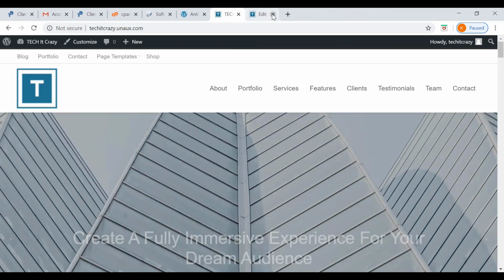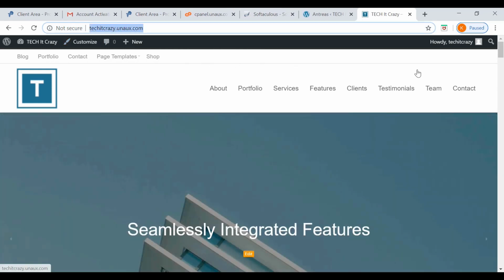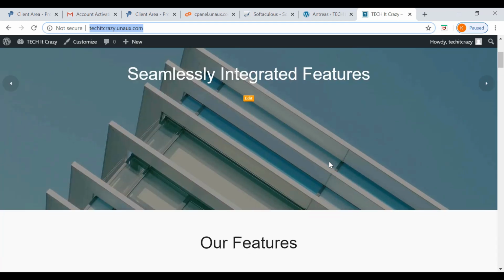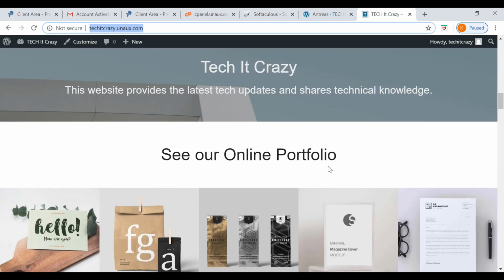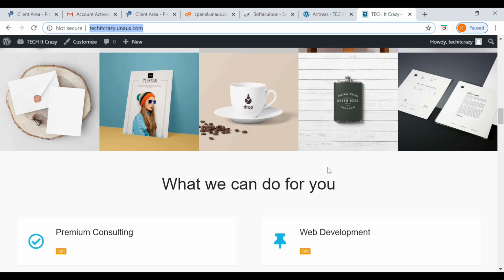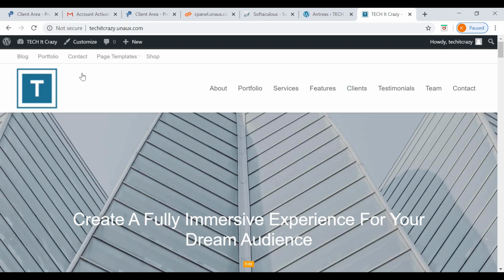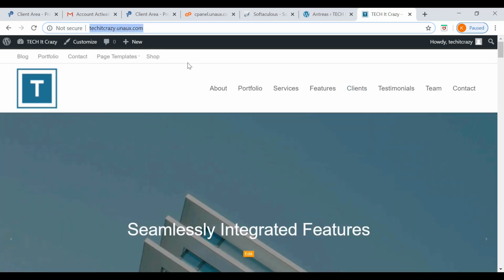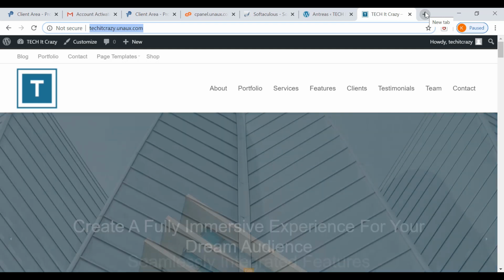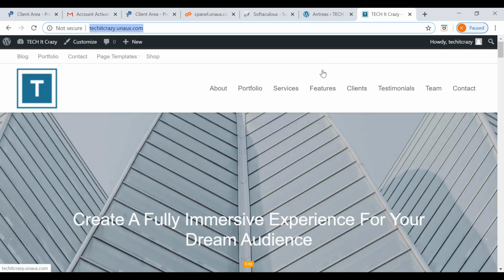So now you have got your own website. If you want a custom domain, you can do that. You can buy a custom domain and give that custom domain as a parked domain, and you need to change those details in the admin, where you have this domain name in settings. You have to change that domain name to your custom domain.